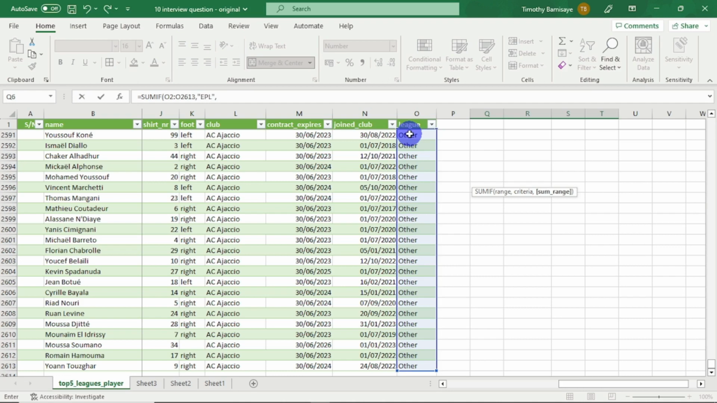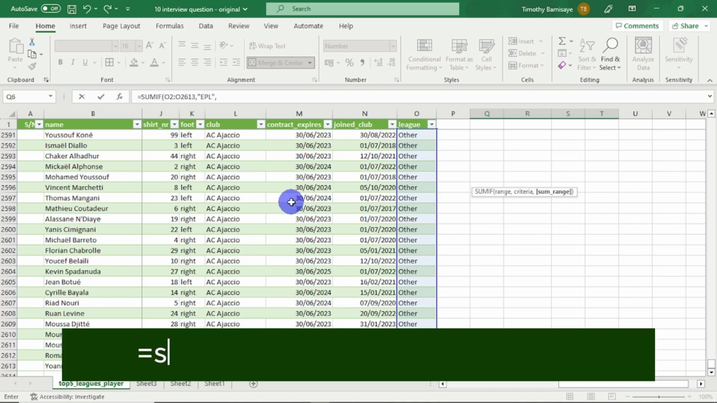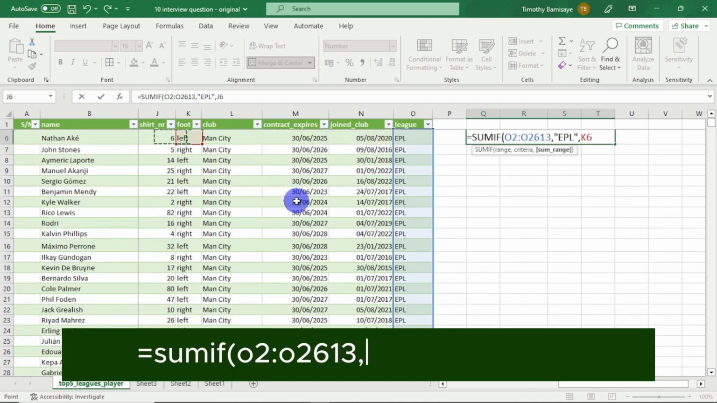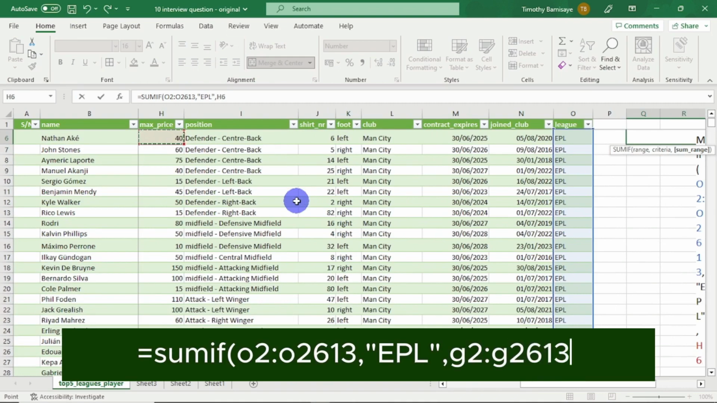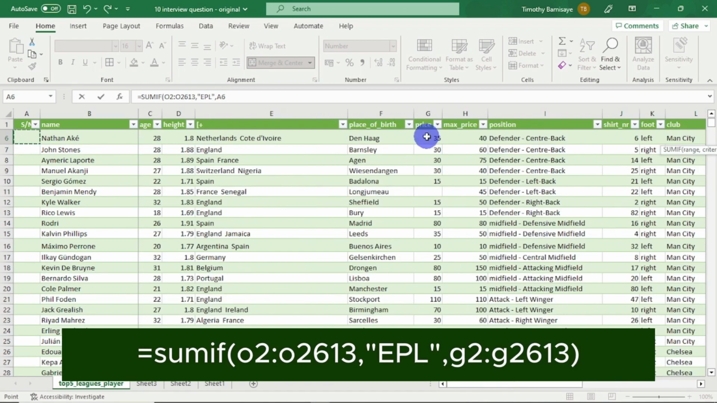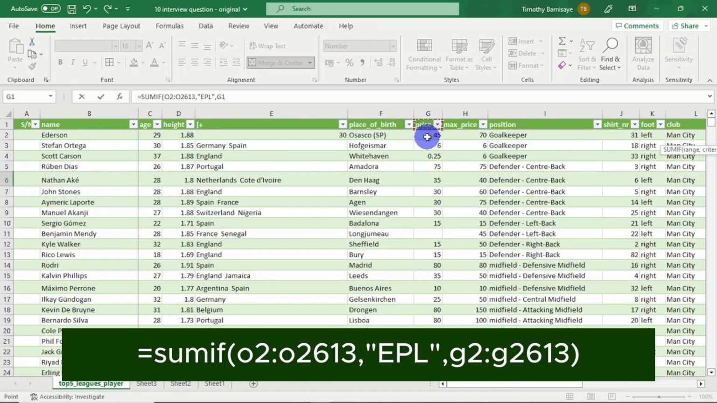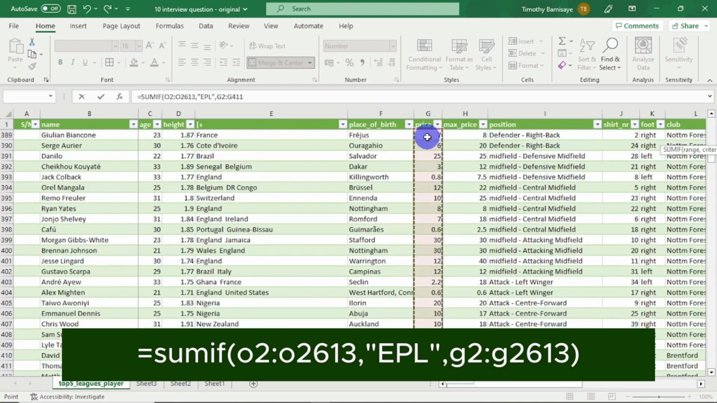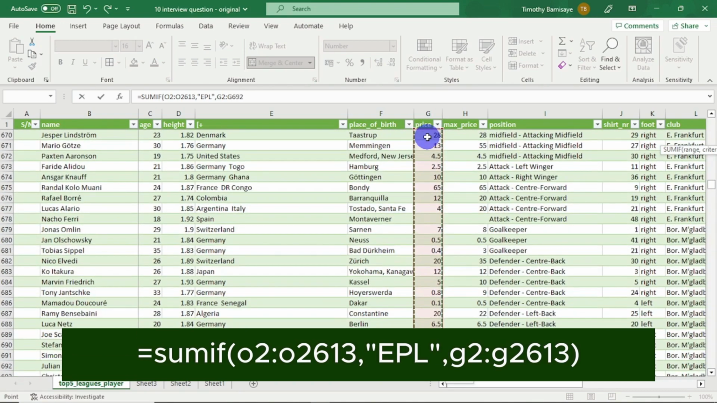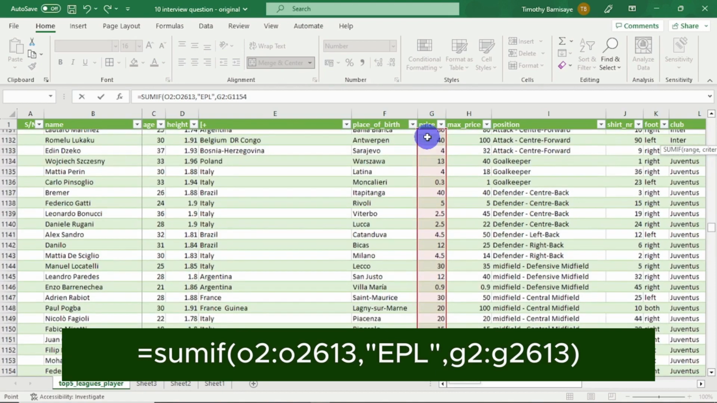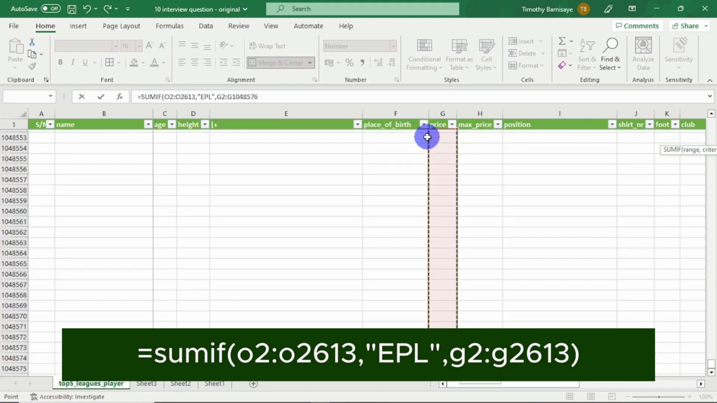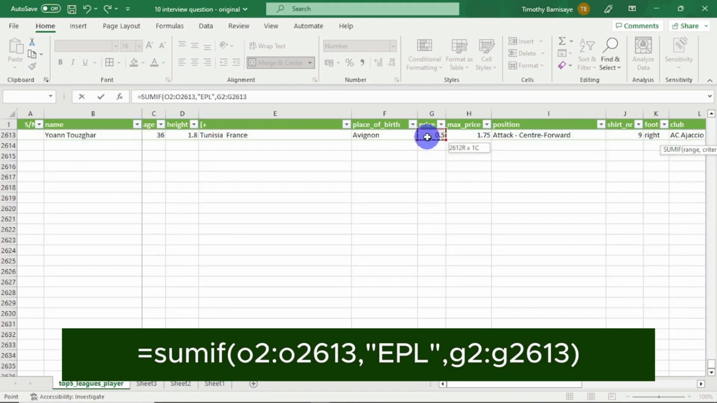And what's the sum range? Our sum range is the price where we have the price spent, the money spent on player. Okay, so we have a price column here, and I'm going to Ctrl Shift plus down again until I get to the end of the screen. Then I close my bracket,